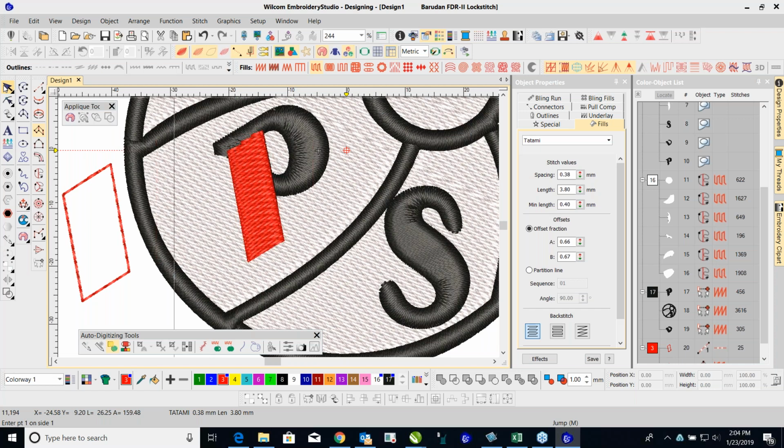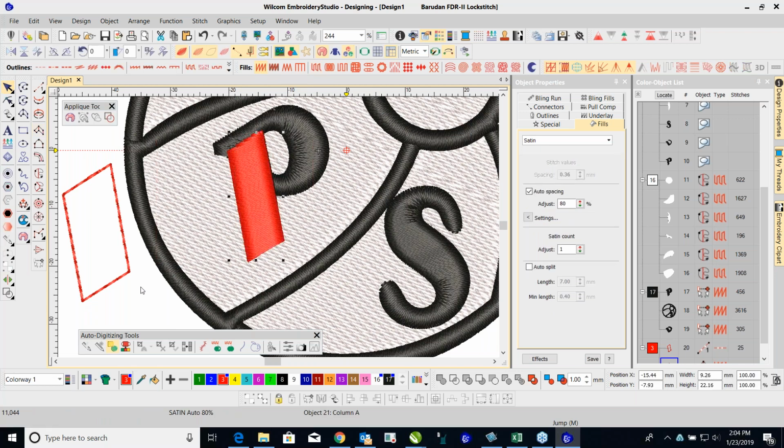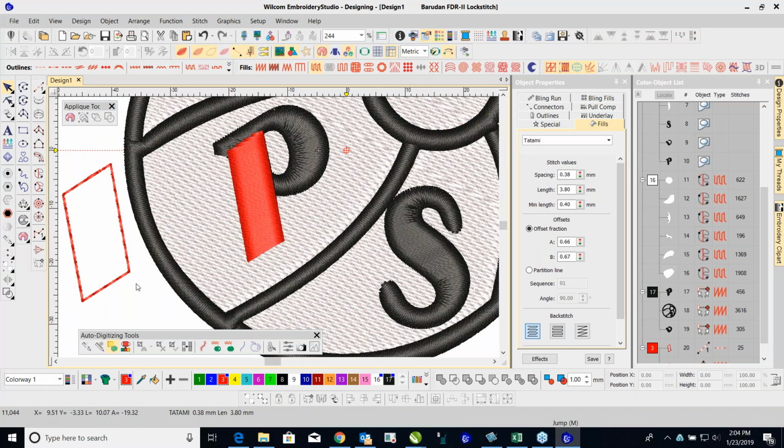Now, I'm also going to select this here, and I'm going to make sure that it's a tatami stitch, satin stitch like this. So now I've gone in, and generally the way that you would digitize this is pretty much the way that you would write it actually. So now, once I've done that, I can go in and begin digitizing this way. I'll go in here like this,